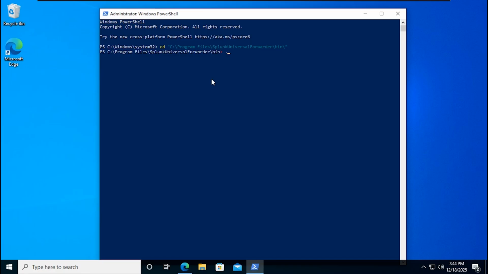Okay, after that dot, then the backward slash, then splunk, then add monitor,